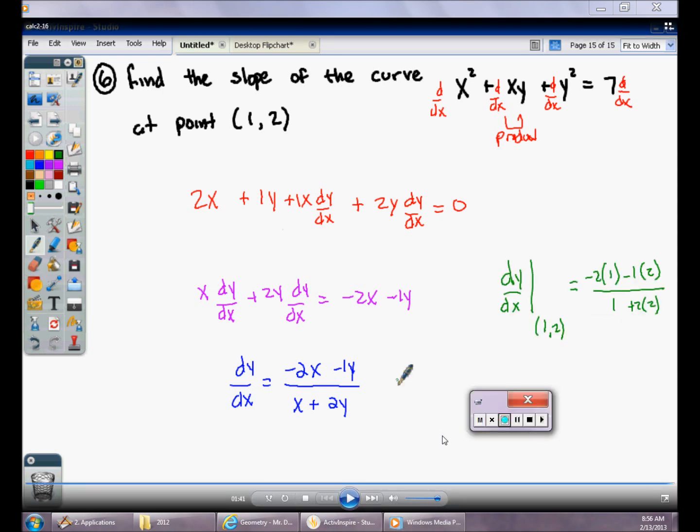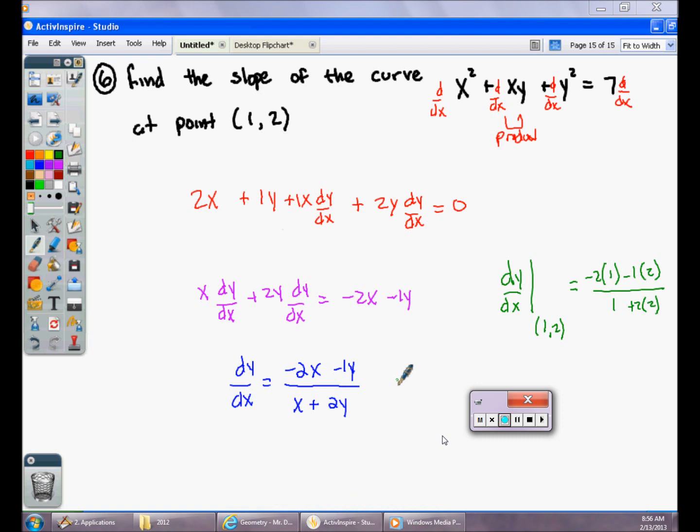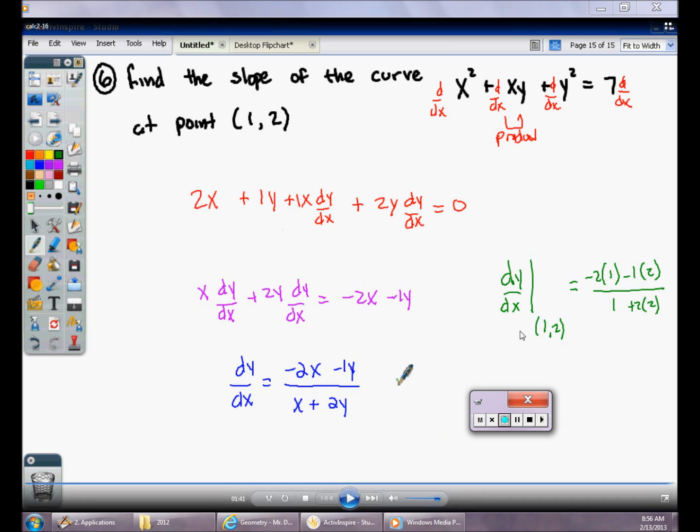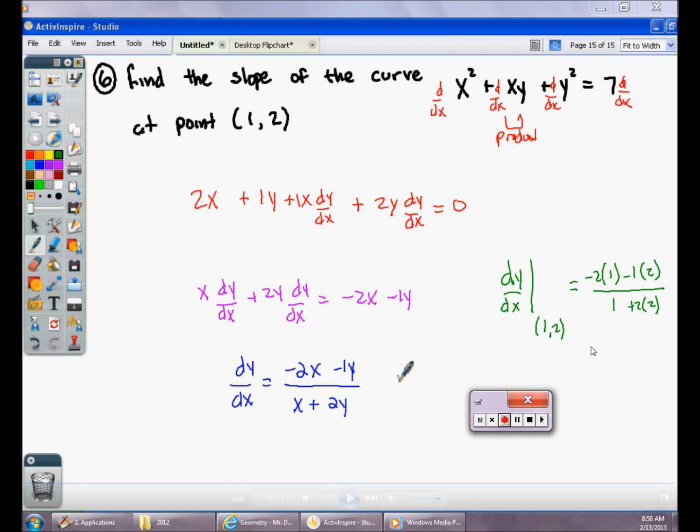I'm interested in evaluating the slope at the point 1, 2. So I'm going to evaluate dy dx in green here at the point 1, 2. I'm simply just going to plug in a 1 everywhere I see an x in the expression in blue, a 2 everywhere I see a y in the expression in blue. Reducing everything in green, I'll get my final answer where the slope will be negative